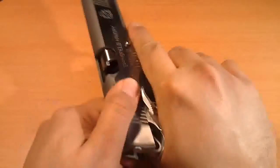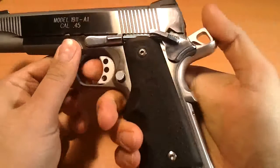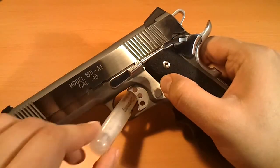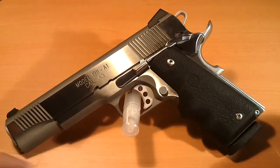The action, really, the slide, it's like butter. One gun that feels better than this is the Beretta. The Beretta is just glass. It feels like glass on glass. It's amazing how smooth that slide is. Next one